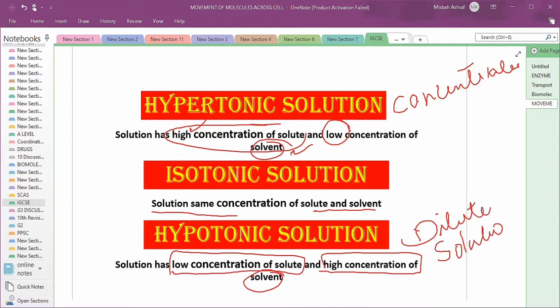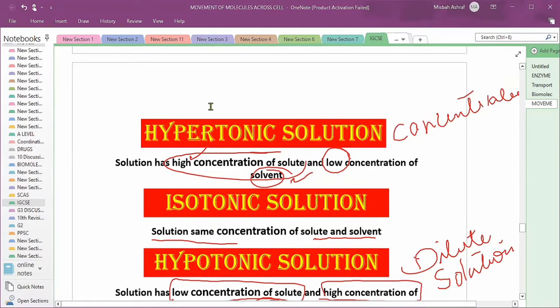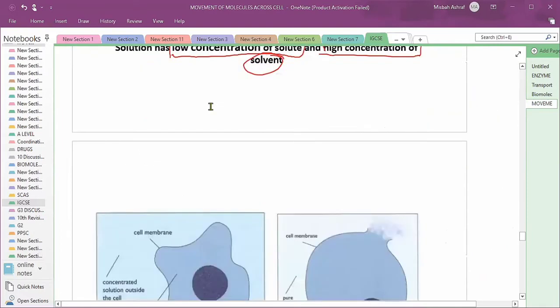These are the 3 types of solution. Now we are actually comparing these solutions to some other solutions. We are saying that this is the hypertonic. It is hypertonic as compared to hypotonic, which means we are comparing this solution with something else. But if we are talking about the condition of the cell,